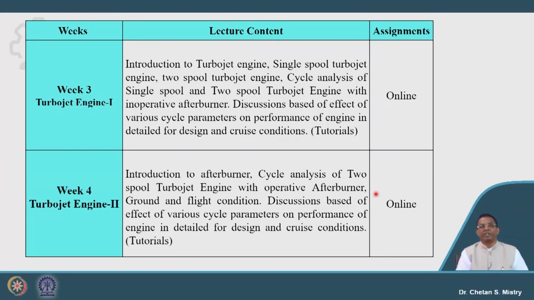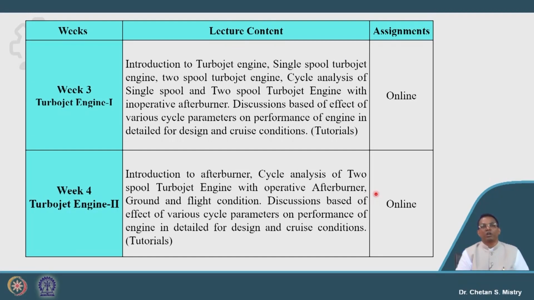Now, what were we discussing in week 3? Some special kinds of engines. In this week we will be discussing the introduction of a new component in the two spool or single spool configuration of the turbojet engine, and that is the afterburner. So, we will be discussing what we mean by afterburner, the construction of the afterburner, what the need of this afterburner is, and then the cycle analysis for the two spool configuration with the afterburner operative,